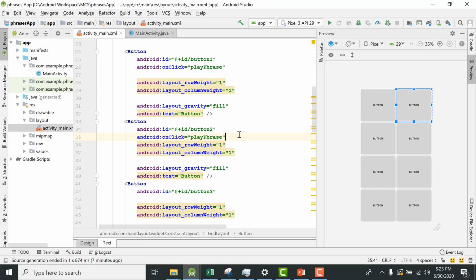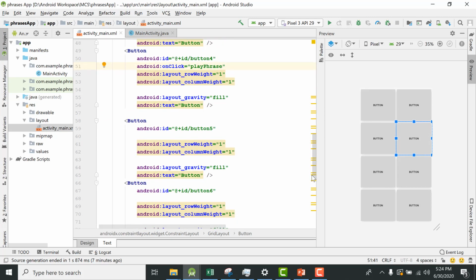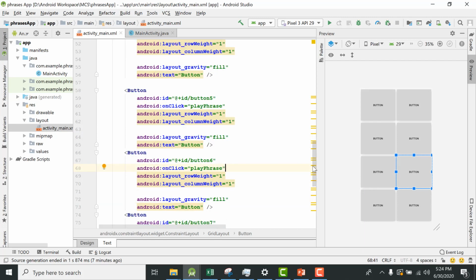So the same method will be called when you press any button. So we are going to use one method for all of these phrases. So let us see how to add the logic to then play different phrases for different buttons. Now that requires some patience.